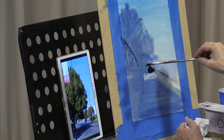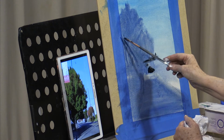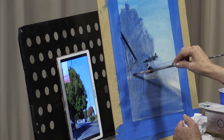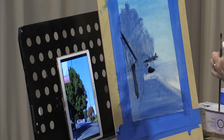It's dark there, dark there. Lay quite a bit of the dark in, and then I'll come back, soften it, and make it transparent if it's opaque anywhere. Looks like a thing like that, and then this comes down like that. I think my color needs to be a bit bluer. I think I overdid it with the